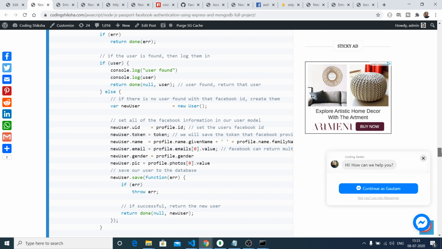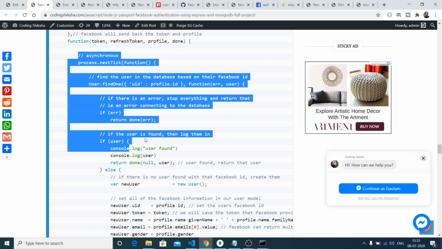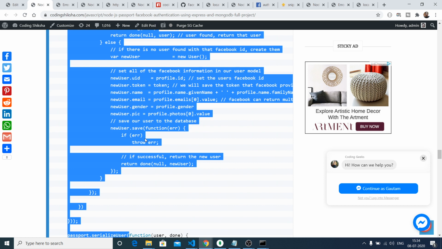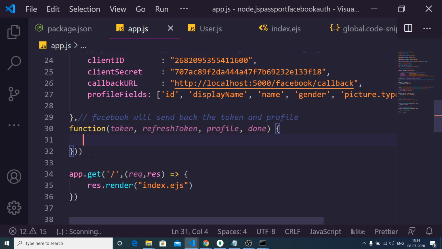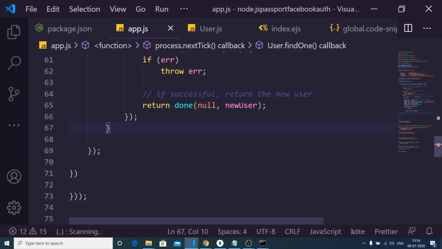So if you go to it, this is the code here, guys. So copy it, so let me just go to it, paste it. So this is the code, guys.